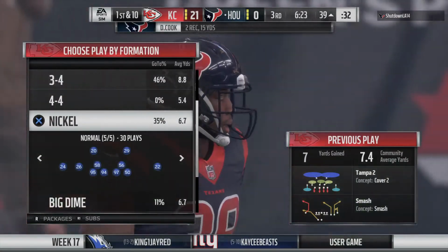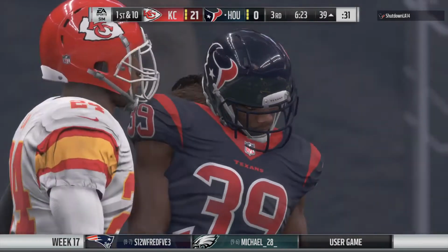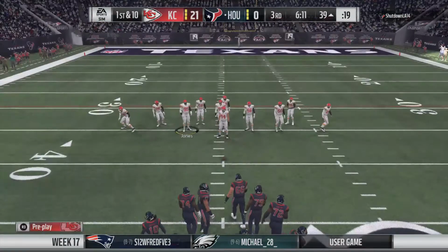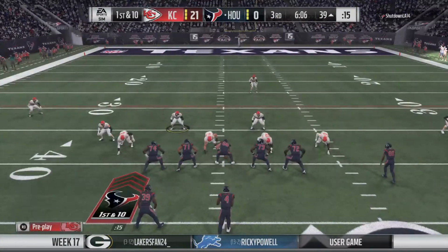I don't know what they talked about at halftime. Whatever it was, it worked. They looked like a different team here in the third quarter. Yeah, I doubt that there were very many trash cans that got kicked over, that type of a speech. I think what they did was they analyzed what worked in the first half, what didn't, and figured out a